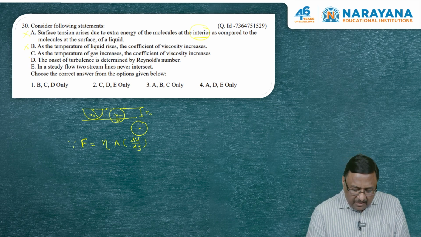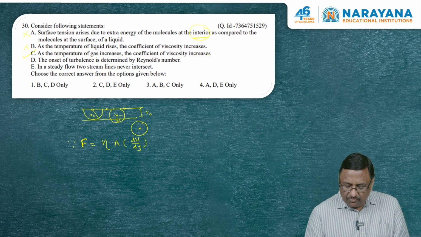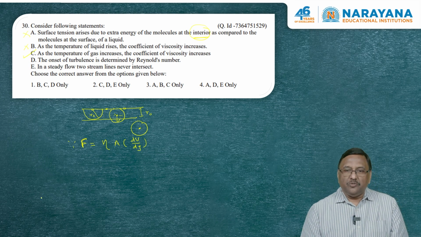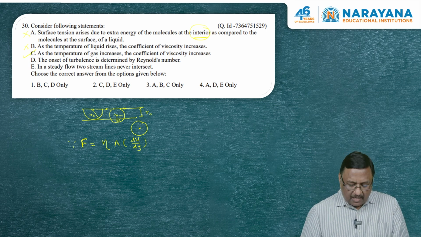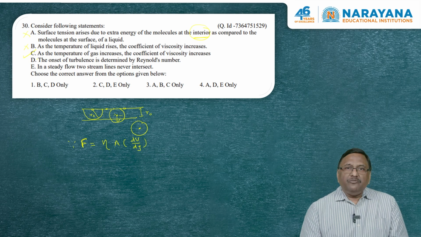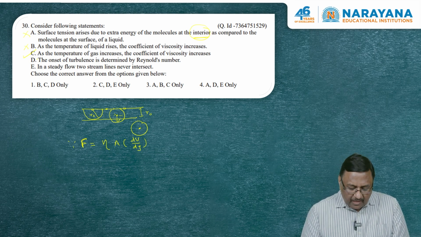That's what he's saying, that C is the right answer. So that means as the temperature of the gas increases, the coefficient of viscosity increases, is absolutely correct here. So I can say yes, C is the right answer. If you come to the next option, D, here we are saying the onset of the turbulence is determined by